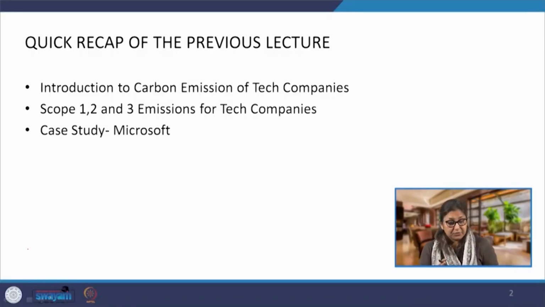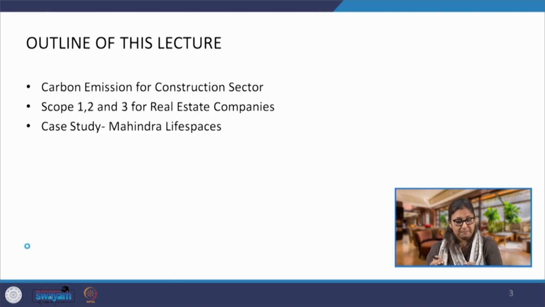Quickly looking at the previous lecture, we looked at the tech companies, the IT sector companies, and we understood their scope 1, 2 and 3 emissions, and we also looked at the case study of Microsoft, where it has clearly identified the role of making energy efficient buildings in reducing GHG emissions. Today we are going to look at the carbon emissions for construction sector at large, and then we will look at scope 1, 2 and 3 for real estate companies, and then we will look at the case study for